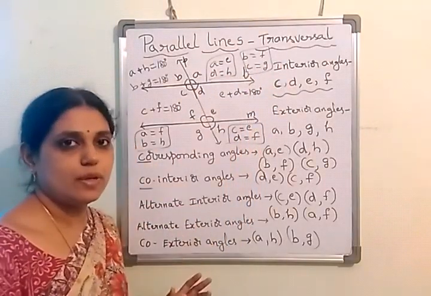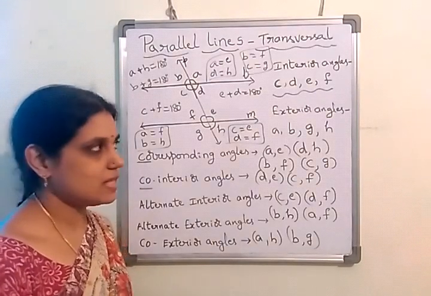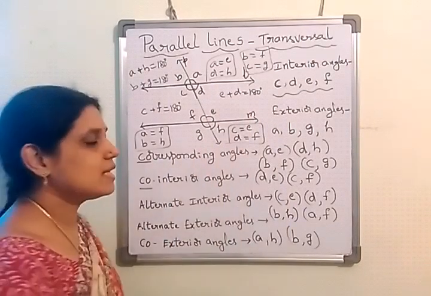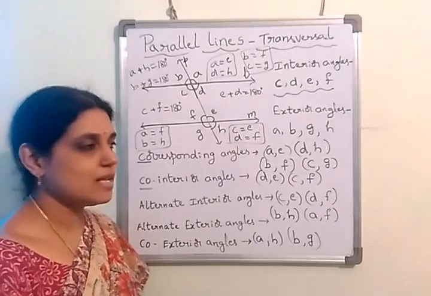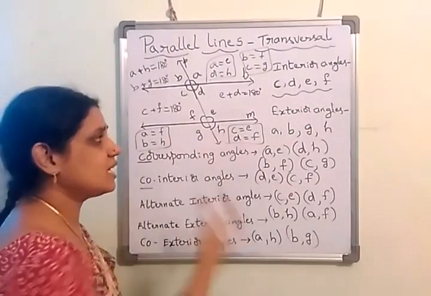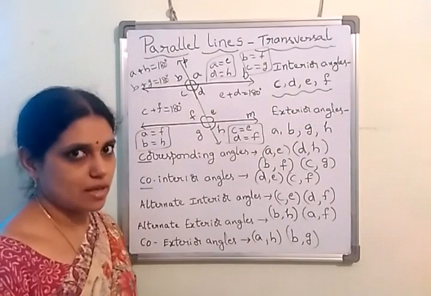And these all will happen only when the transversal is drawn for parallel lines. When the transversal is drawn for parallel lines, then only all these equalities and the supplementary angles, everything will happen. When the transversal is drawn for non-parallel lines, then all these are not at all true. And here actually vertically opposite angles are equal also, we can say. That will happen for non-parallel lines also.